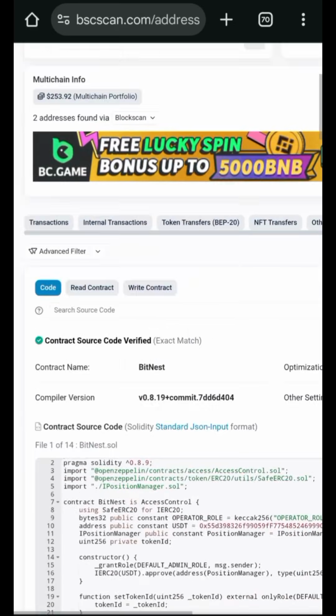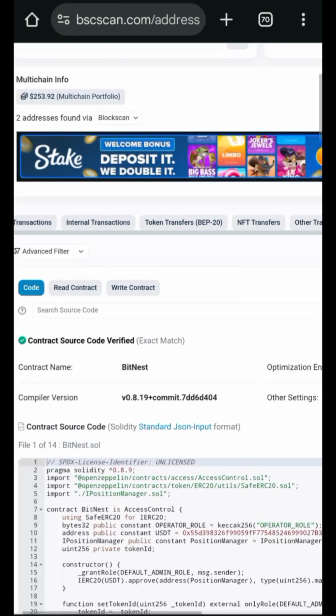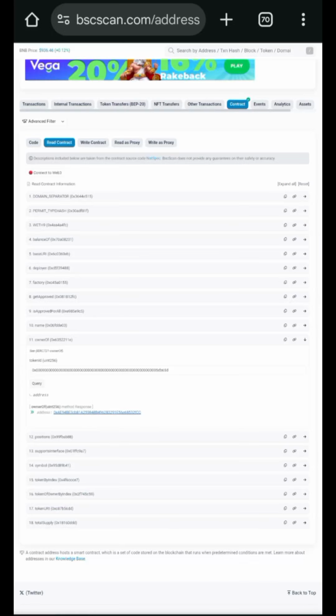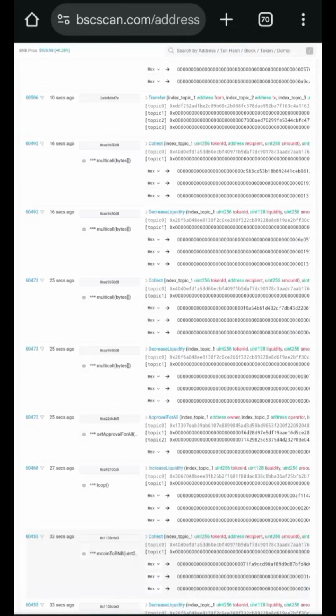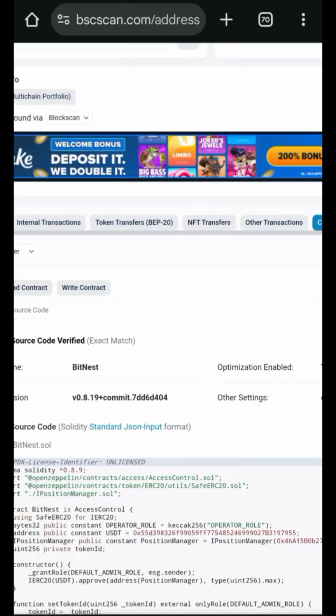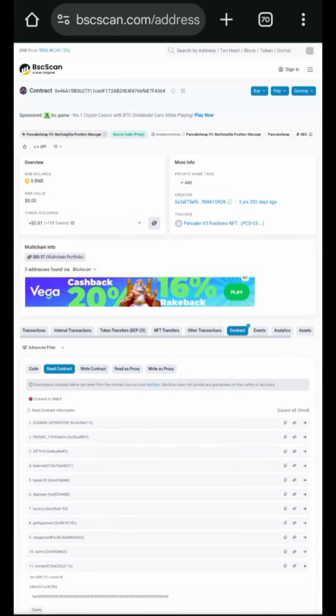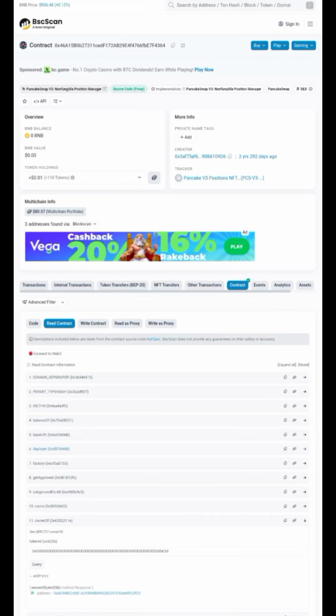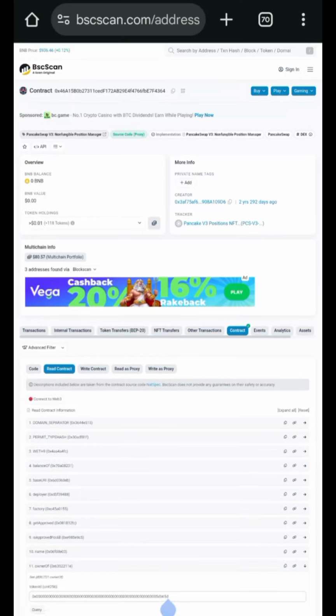Now let us quickly go and scan this position manager address. So when we scan the position manager address, you will see this. Okay, you will see this is the position manager contract address. Now if you go to read contract, you will see